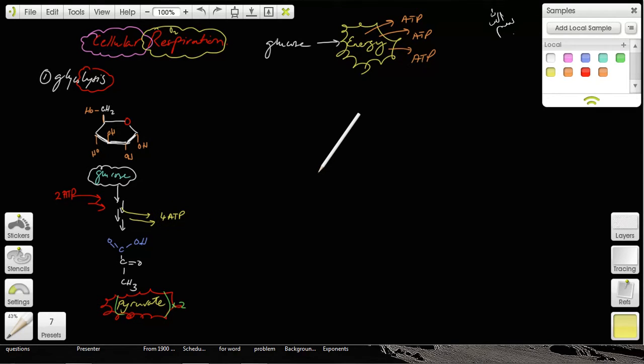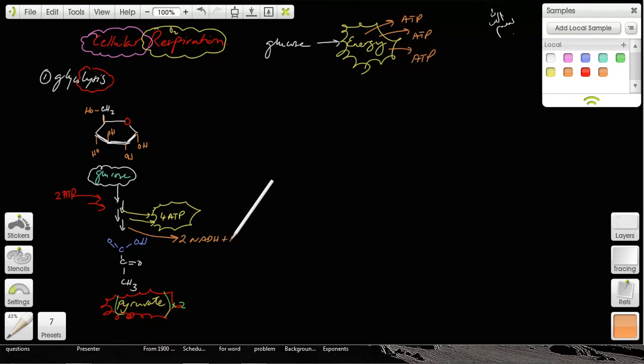That's very good. So the net gain is going to be 2 ATPs. This process is going to give us 2 ATPs. And then what it will also give us, in fact, is 2 molecules of